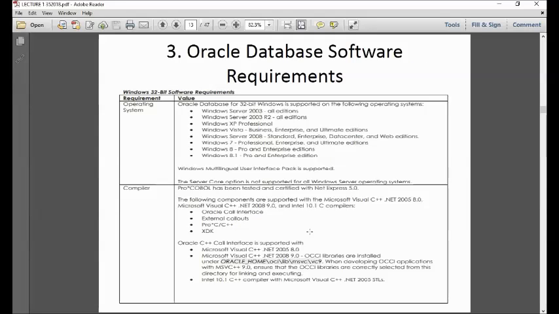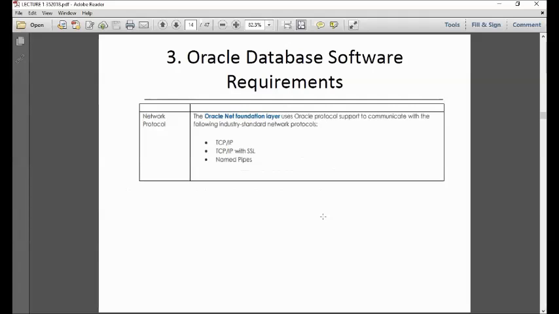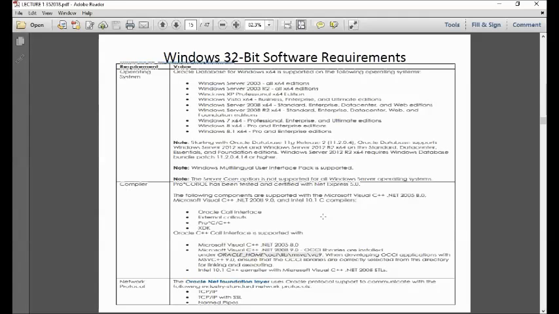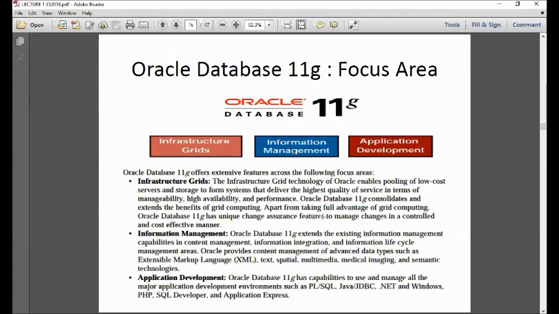Okay, so the softwares are here. So these are all. The important thing is the latest Java environment and Visual. Okay, if you have programming for your Microsoft Visual Studio and you have Java, then you will just add a little more and it will inform you what software it is needing. Okay, so this one, we can use TCP/IP. So my listener is just TCP. So these are the software requirements and focus area.